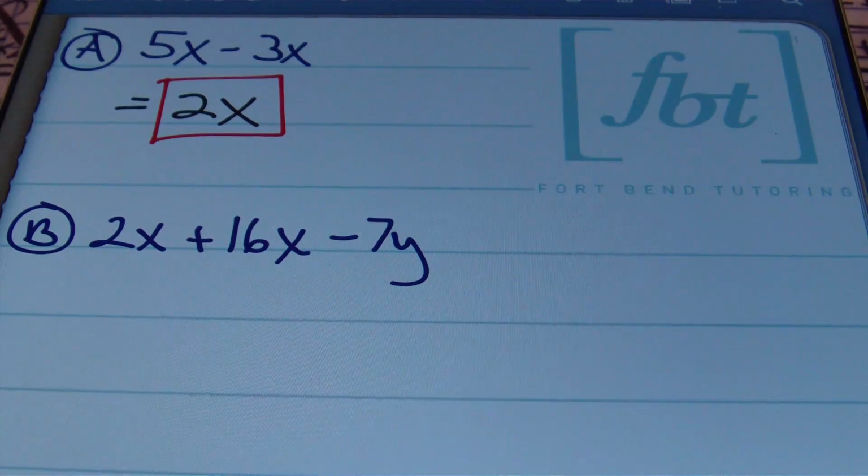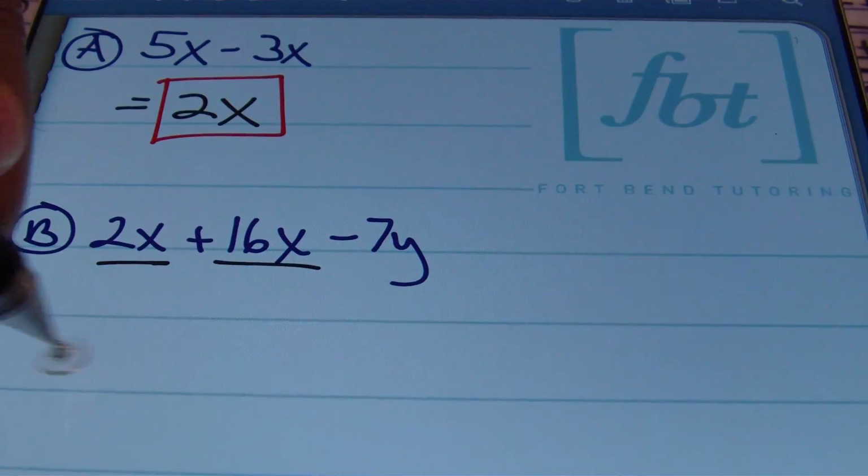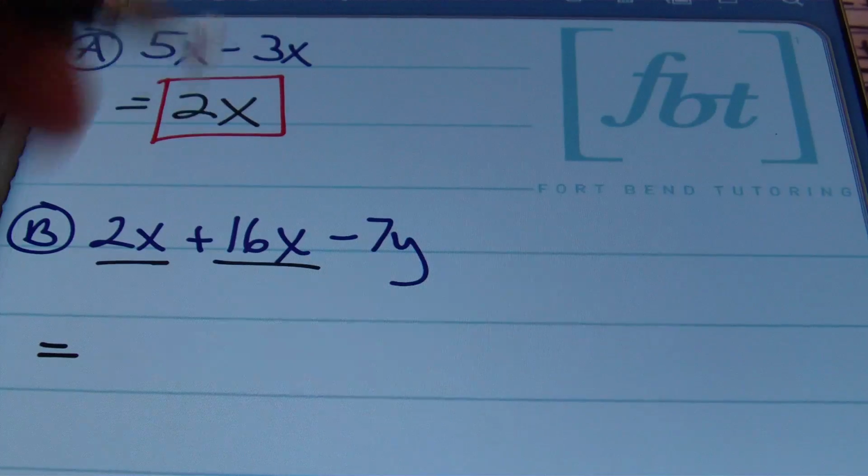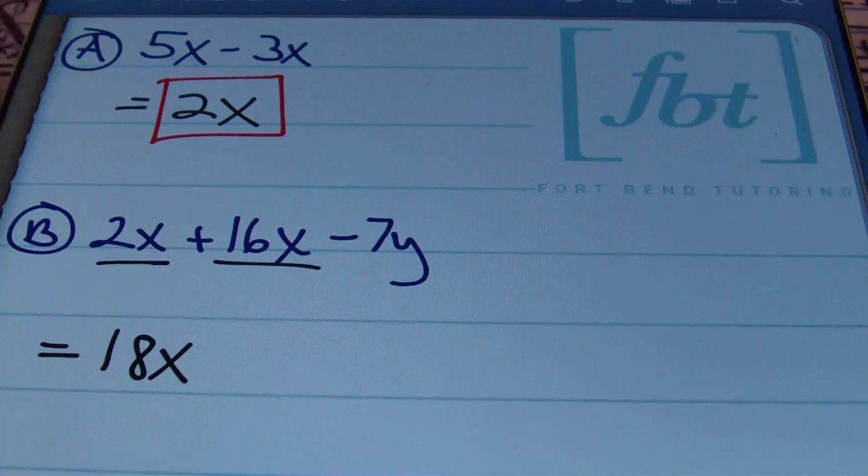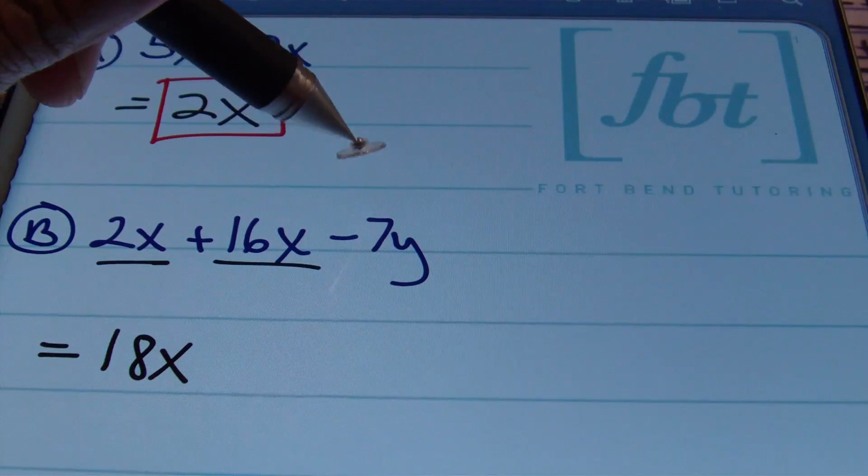Alright, next problem. We have problem B. I have 2x plus 16x minus 7y. The first thing I want to do is recognize that I do have like terms within this expression. Here, my first term is 2x, the second term is 16x. So noticing that these two terms both have an x, I know I can combine them. So you simply combine the coefficients, the numbers in front of the variables. So I'll end up with 2 plus 16 to give me 18x,